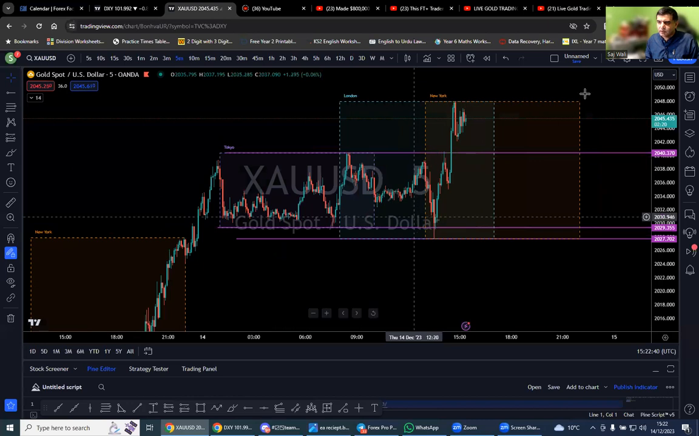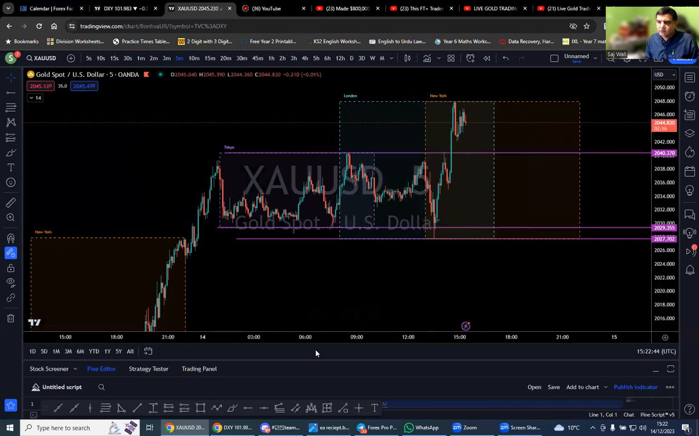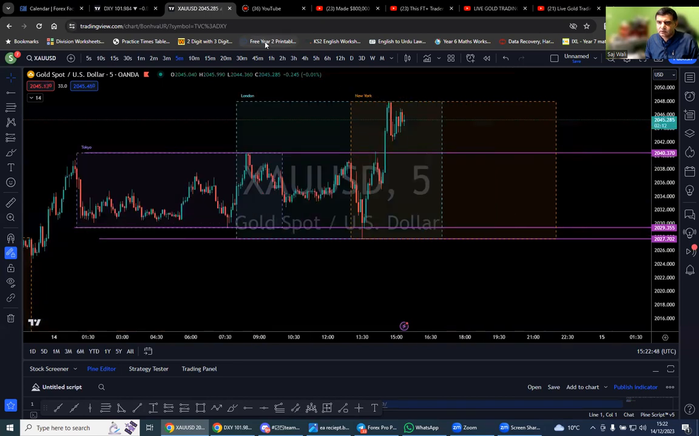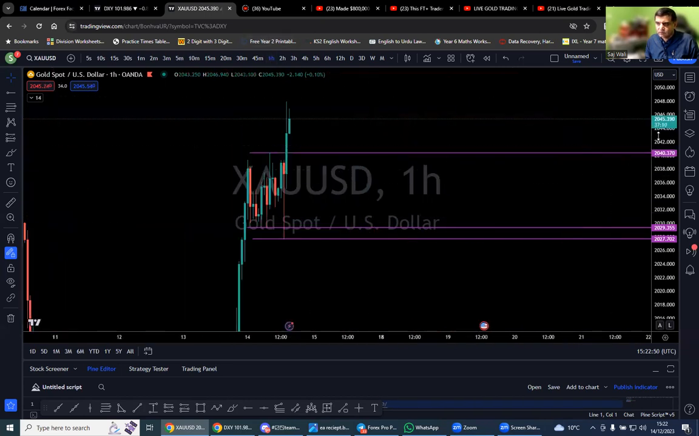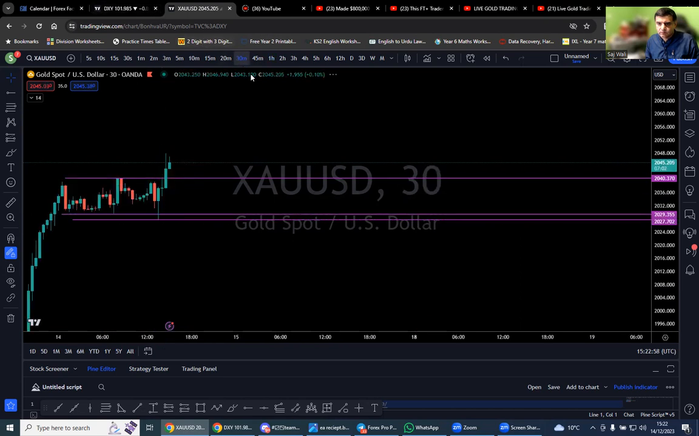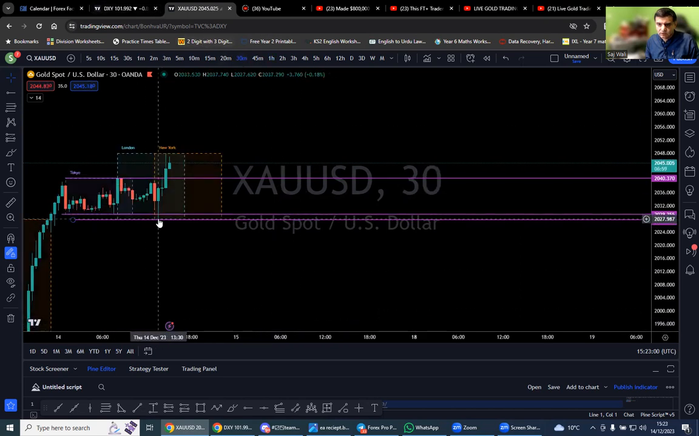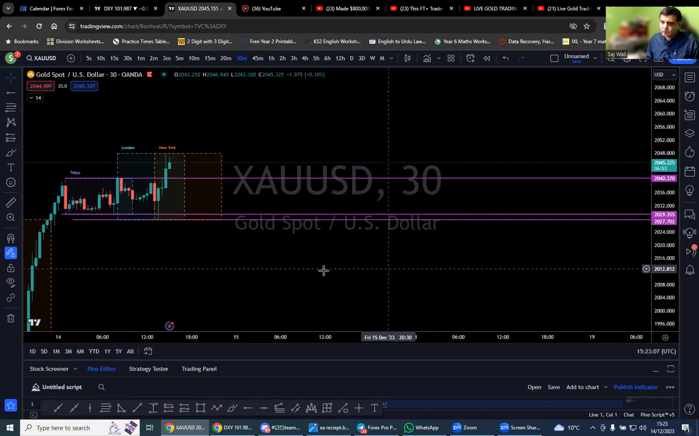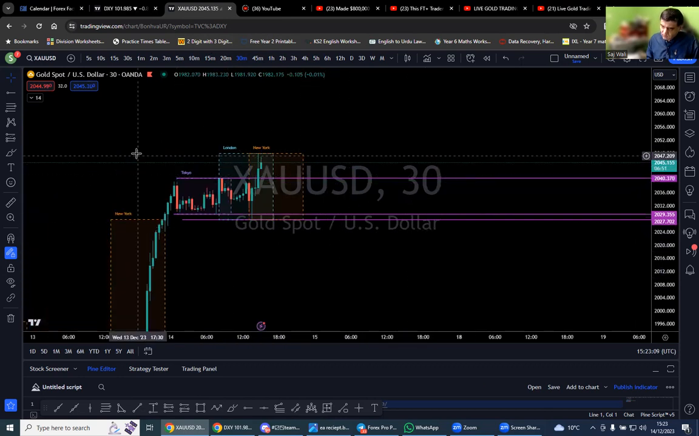Sometimes there's a manipulation as well in the market. So what happened? On the 1 hour chart, the market did go down a little bit, but not much at 1:30. Let me go to the half hour chart. As you can see, at 1:30 here, the market went down, spiked up, and kept moving to the upside. I'll explain to you in a bit why, but let's first